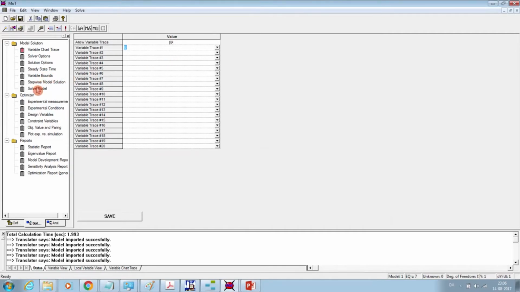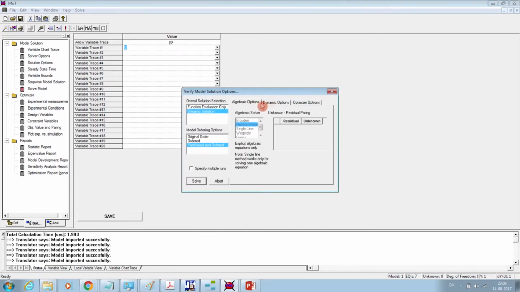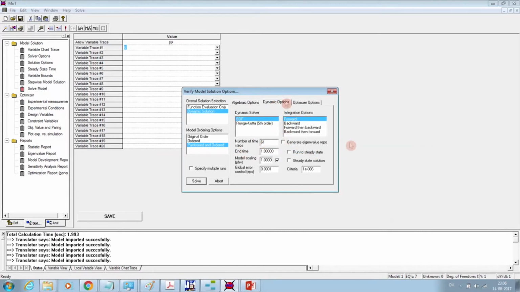Then we'll go to solve model. Now here we have 3 sets of options available. We have algebraic options, dynamic options, and optimizer options. This is a dynamic problem, so we'll use the dynamic options here, and we'll just leave them all at the default values. So we'll use the BDF dynamic solver and forward integration. Also note that there are 61 time steps with an end time of 1.0 when we solve the model. So to solve it, we'll just go to solve,